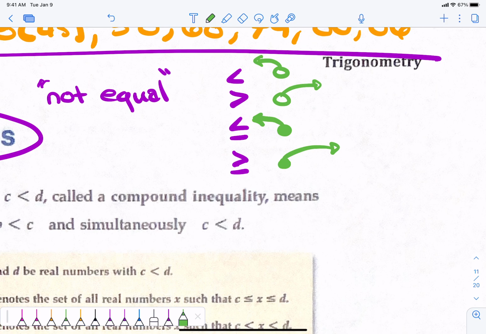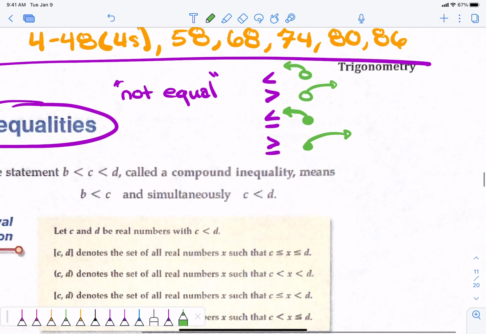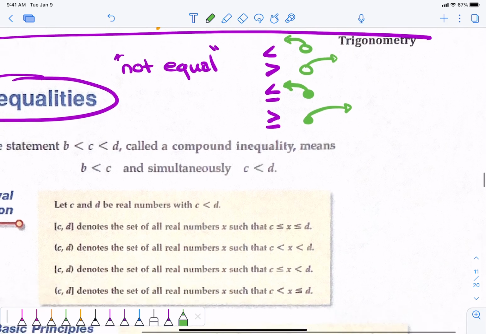Okay? So all that's saying with the equal to symbol is we can physically have that number that we're at, right? The open circle means we cannot have that number, right? Not that number exactly, but everything larger than it or smaller than it, okay? So that's what that is. For the most part, these are going to be pretty easy. And then we get to the hard ones that you have to do a little bit more work on, but we'll get there, okay? So I'm going to skip down to